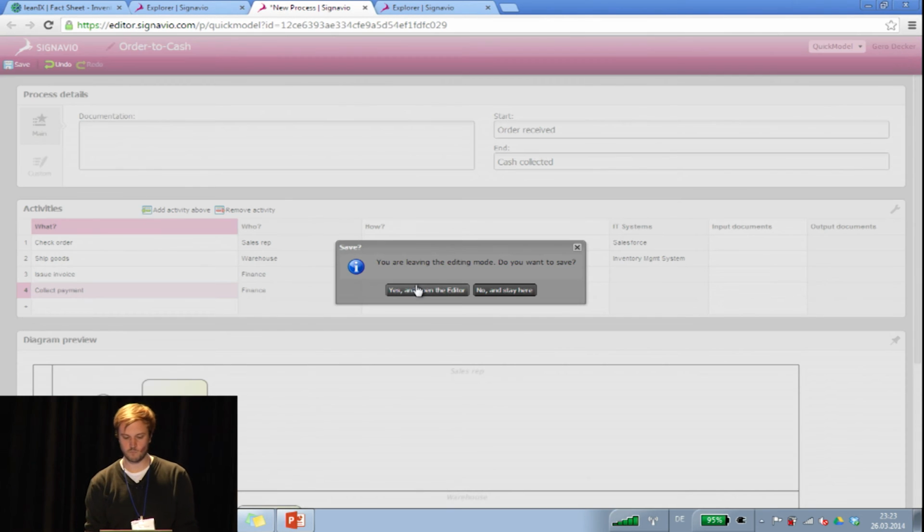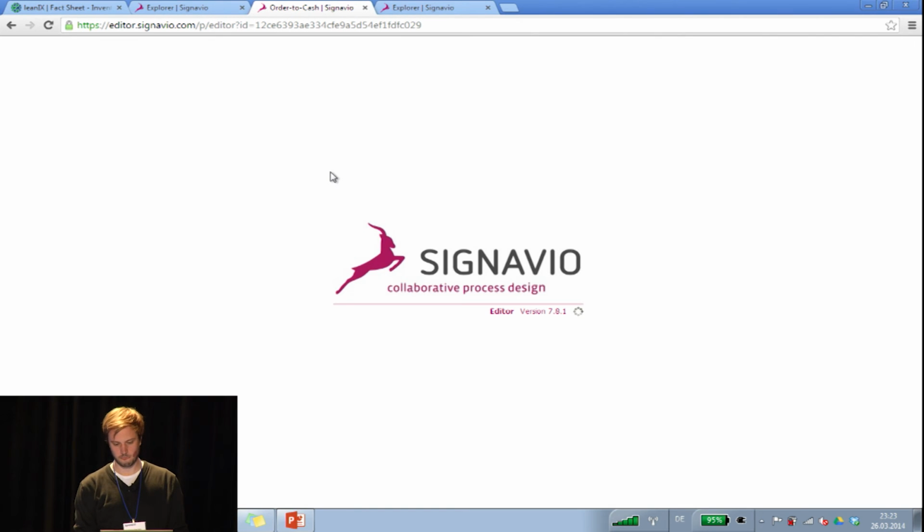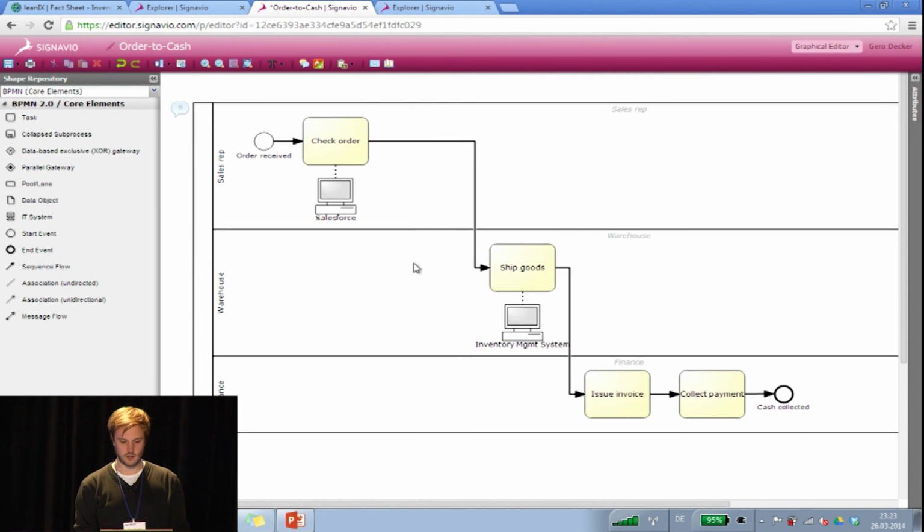Let me, in the graphical editor, quickly develop it a little bit further. Okay, the internet is slow, obviously. It's coming, it's coming. So what I'm going to do now is just maybe introduce a thing which is,